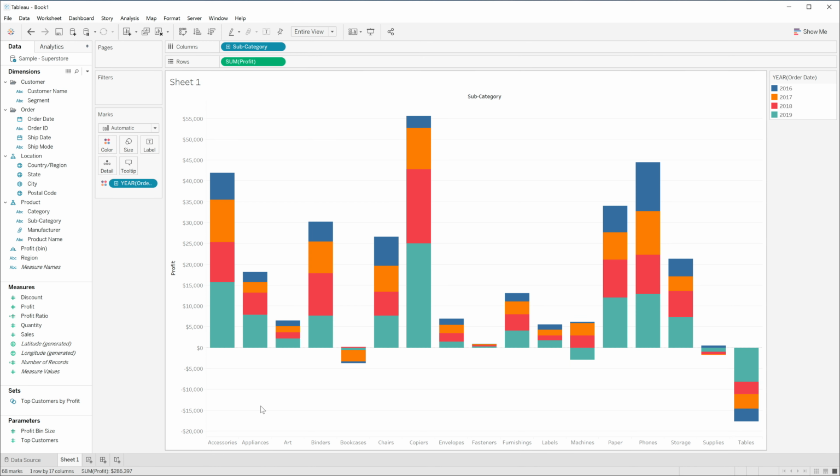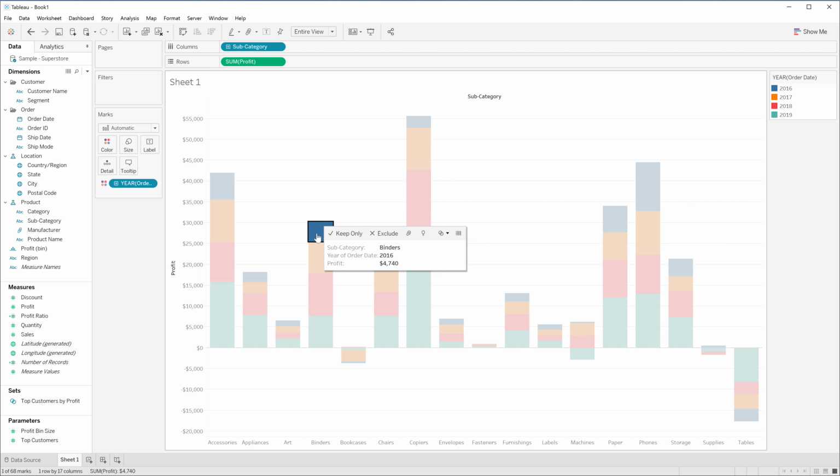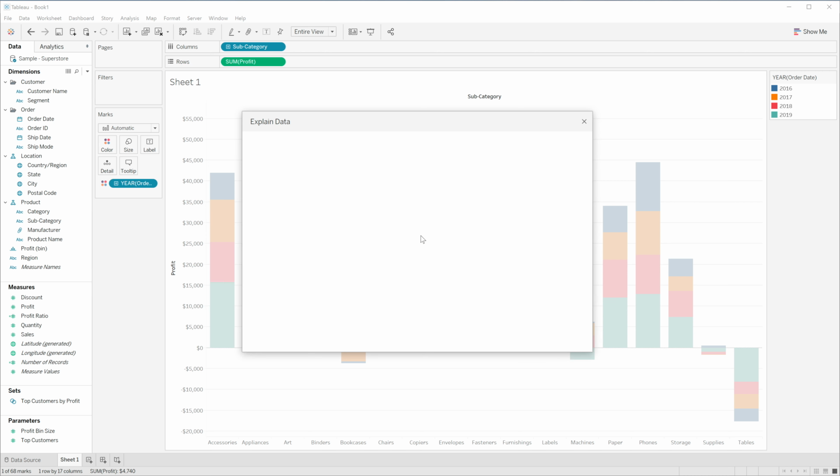Number 1, Explain Data enhancements. On any chart, you can click a mark, being a bar or a pie or a line segment. In this case, I have a stacked bar chart, so a mark is one of the bars or one of the bar stacks. So if you click a mark, you get a tooltip, and one of the things that you might not have noticed before is the small little light bulb icon,